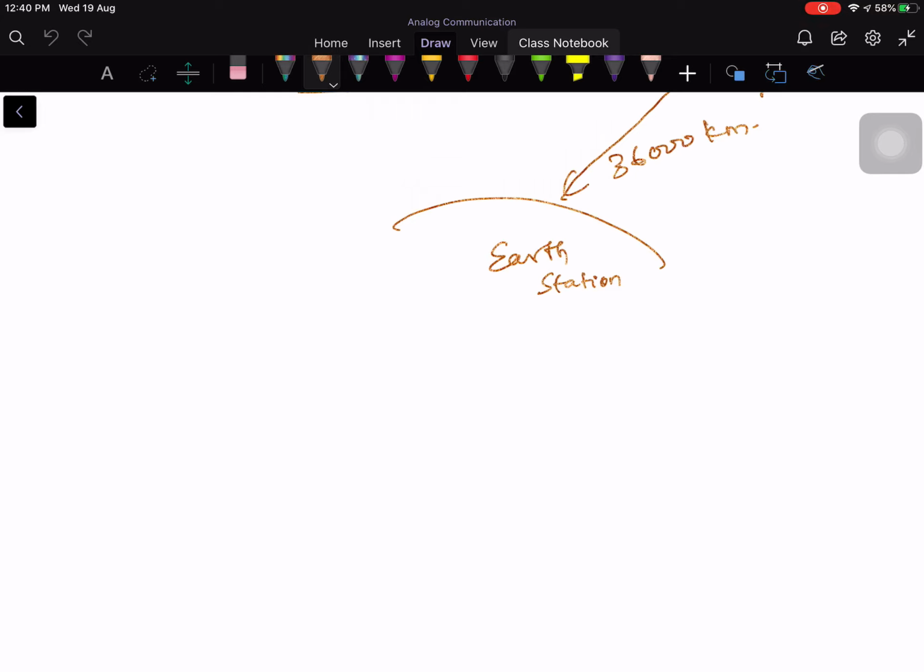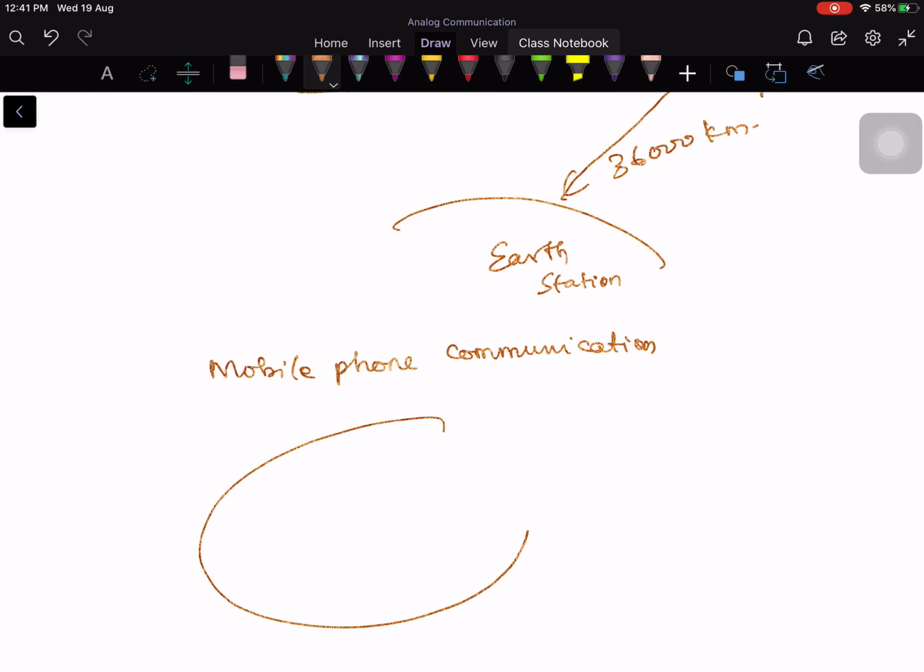And one more power constraint that I would like to mention is, like in mobile phone communication, the entire geographical area is divided into sectors, like hexagonal sectors. I am not drawing the figure nicely; my drawing is very bad. Let's say this is a mobile phone tower, the cell tower, and you are in this place. So this tower transmits a signal and it reaches here.